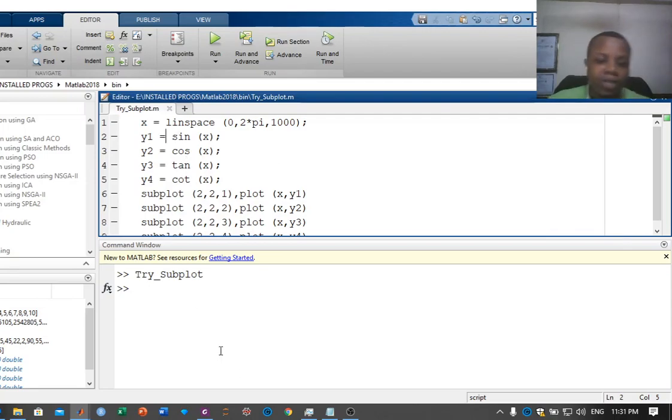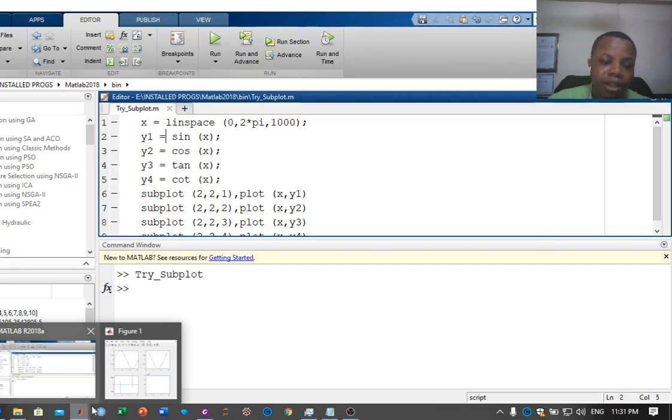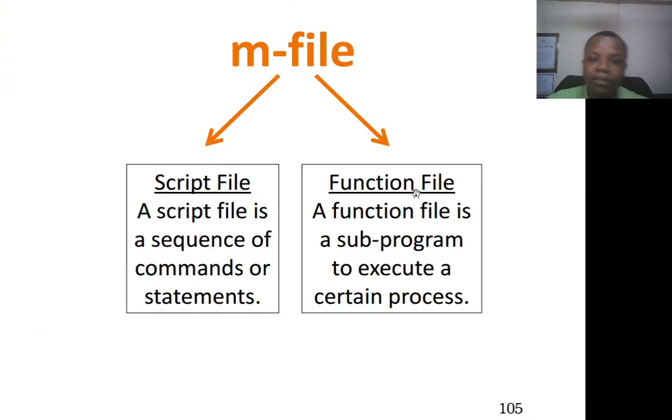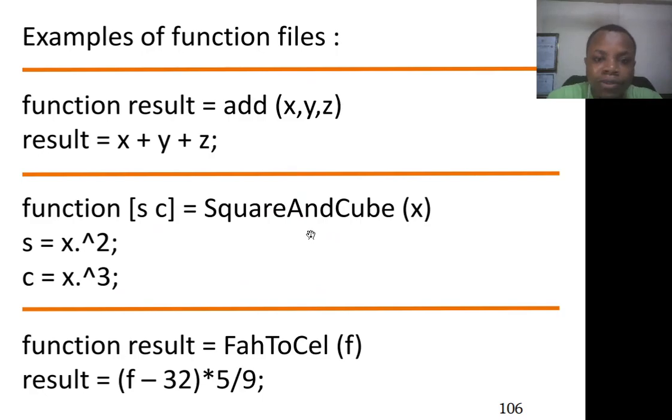Okay, so this is the difference between the function file and the script file. The function files are a set of inbuilt functions that help execute programs, and the script refers to the file in which a sequence of commands or statements can be written. Okay, so with this, for instance, if you like to add